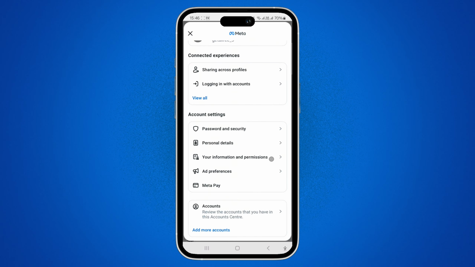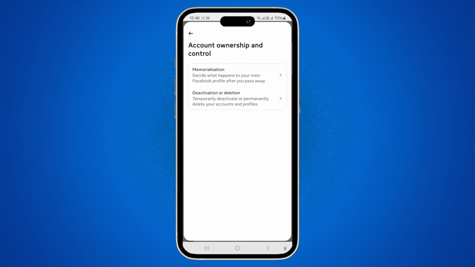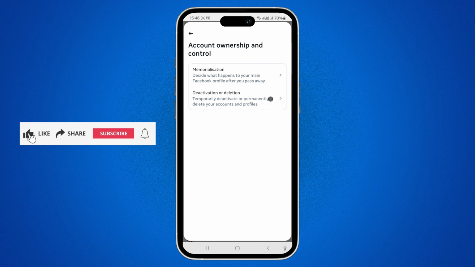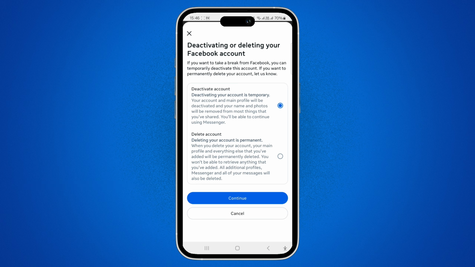On this page, you need to scroll down, tap on Personal Details, and then tap on Account Ownership and Control. Tap on Deactivation or Deletion, and then you'll get two different options: to deactivate your account, which is temporary, and delete your account, that is permanent. So as we are looking to delete our account, we are going to tap on this Delete Account option,